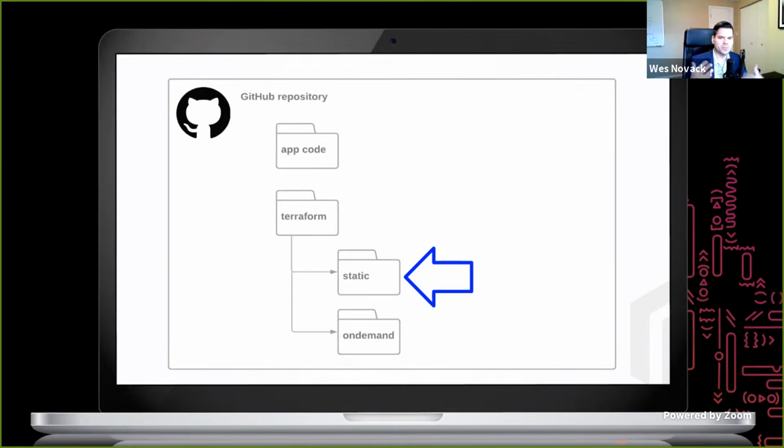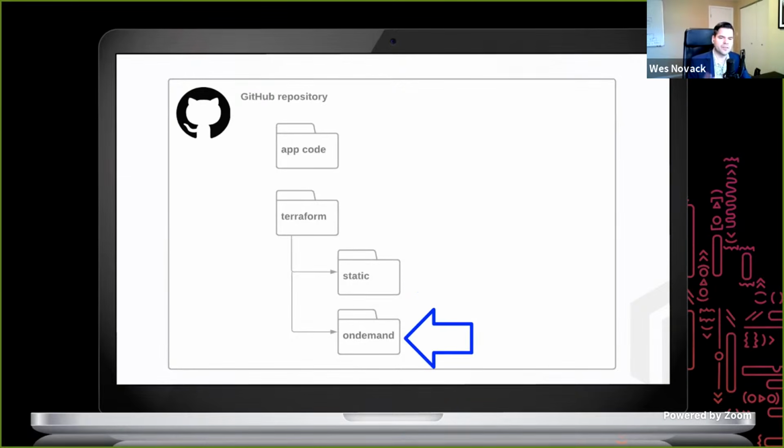We also had some dependencies and prerequisites that we create here in static that our on-demand scope depends upon. An example of one of those things is the IAM user that we create. We create an AWS IAM user, we create a set of access keys, and we define all of the permissions for that particular user and those access keys. Then after we create them in this static scope, we inject those directly into our TFE workspace so that when we do the remote runs for spinning up and tearing down our ephemeral cloud infrastructure, that TFE remote workspace has all of the permissions that it requires to manipulate cloud objects in our AWS accounts.